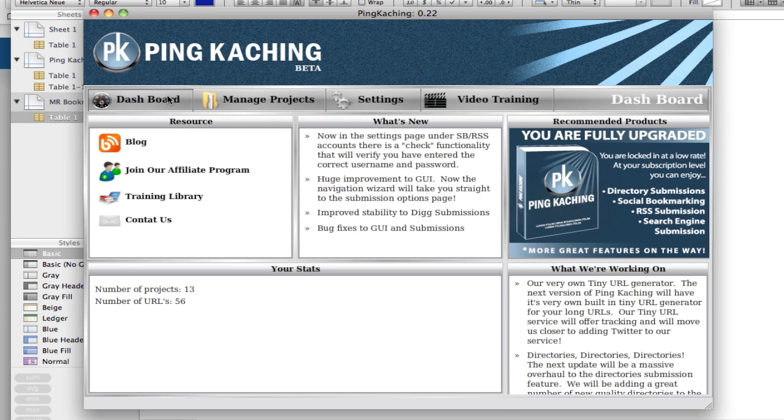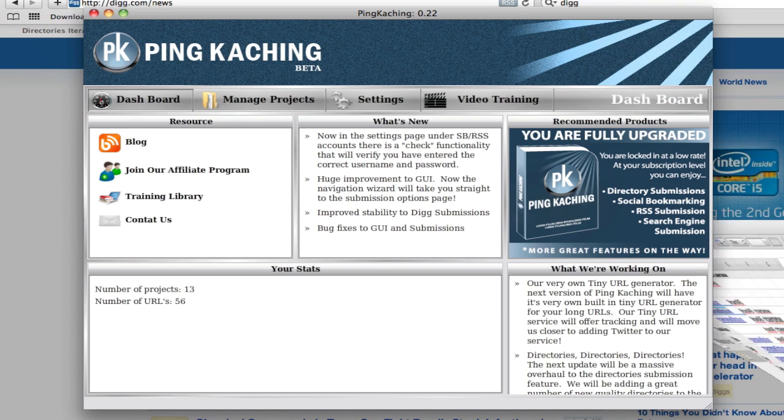We also have some submission fixes. Sometimes we were seeing some instability with submitting to Dig and a few other sites, so we've fixed those. We've also added some admin checks as well to help customer support to be able to help you guys even quicker. So these are the latest updates with version 0.22, and version 0.23 will be out in about 9 days from today,